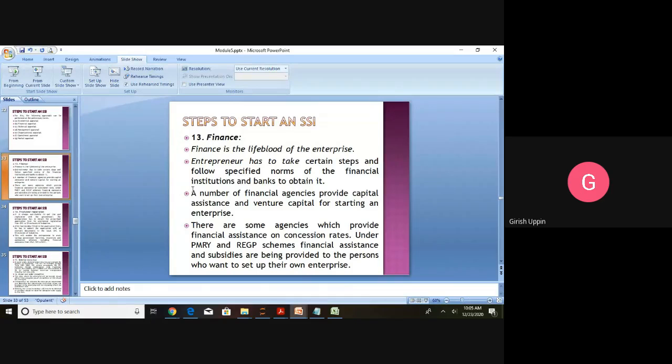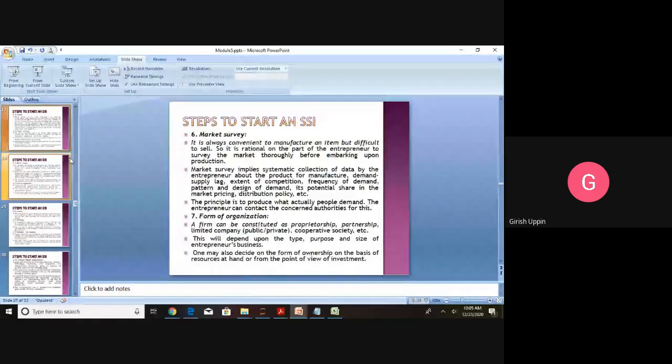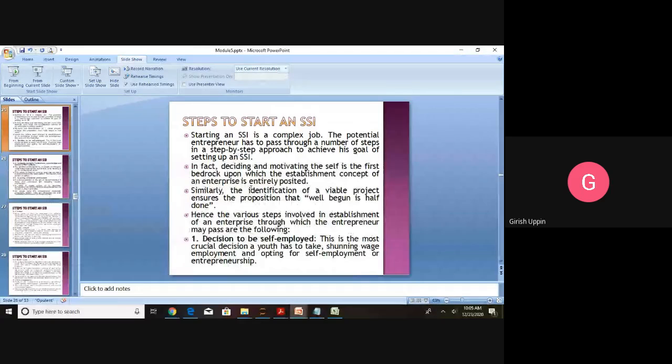Many times, this particular question has been asked: what are the steps involved in starting a micro and small enterprise or SSI, small scale industries? So we will preview all the 13 steps before we start with the finance. Okay. First one is, in order to start a small and micro enterprise or small scale industry,